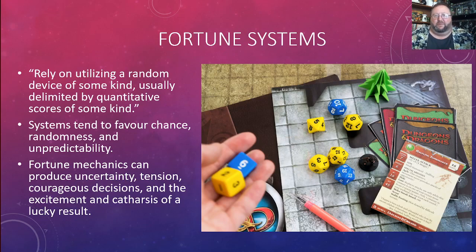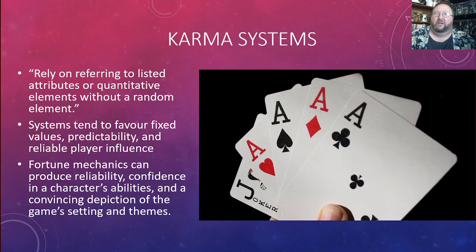So fortune systems, which tend to be best for things like gamist games, will use some kind of randomizer, and it's looking for chance. You're looking for some kind of ability to thrive on the tension of not knowing what's going to be happening next, but being able to stack the odds. And it's a challenge. In a game, you want to feel like you are able to challenge the system and be challenged, and you rise to that occasion.